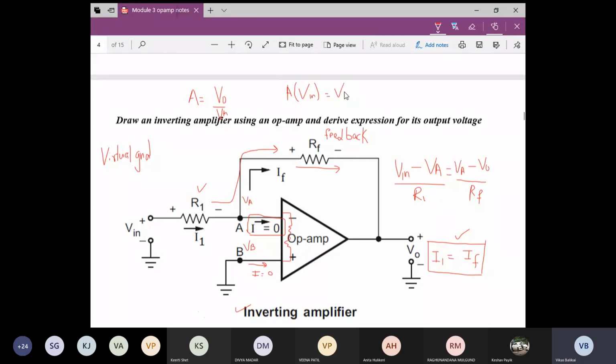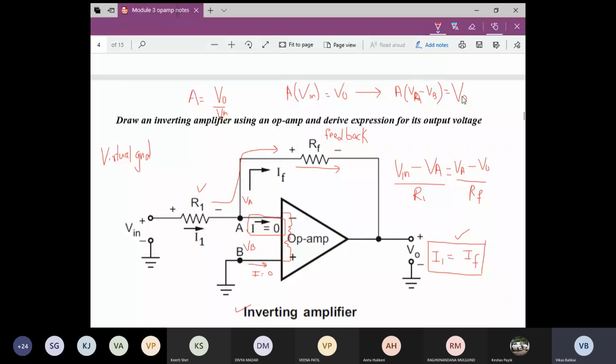Please be with me. If I want to break down this V in, what exactly is V in? V in is nothing but the difference between the input voltages, that is V2 minus V1, or in this case VA minus VB. You can consider VB minus VA also, because I say it is a difference, not a subtraction. Now see, this is what I started with. This is my gain equation. From this gain equation, I brought V in over here. V in, the difference between input voltages, is equal to V naught.